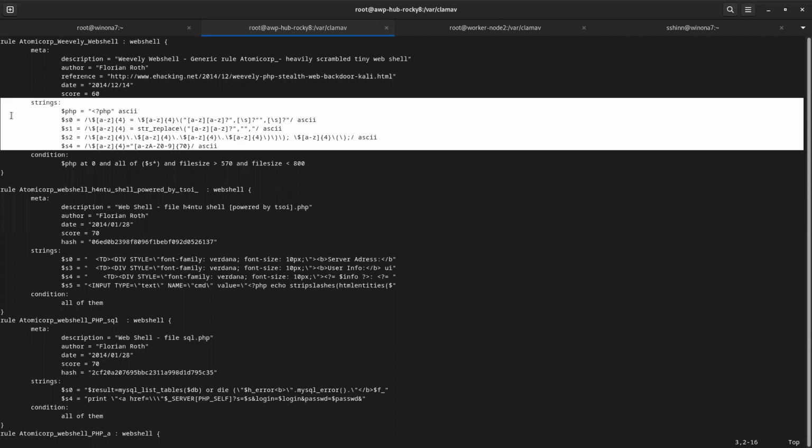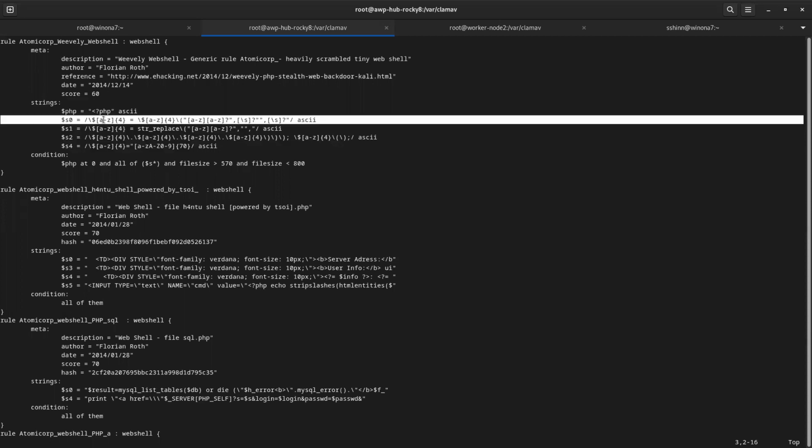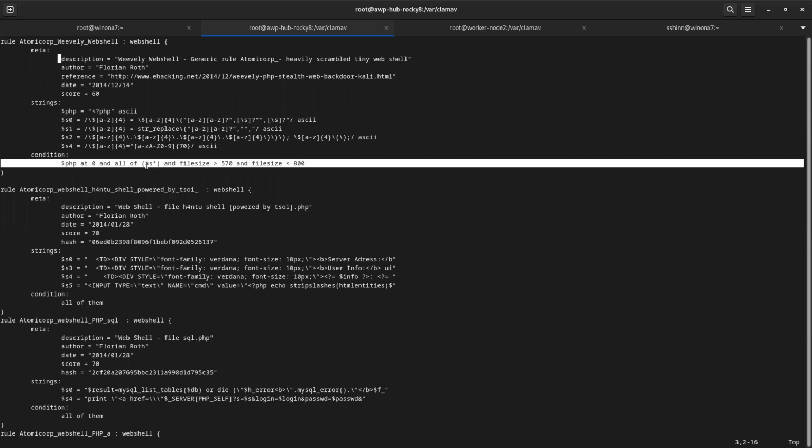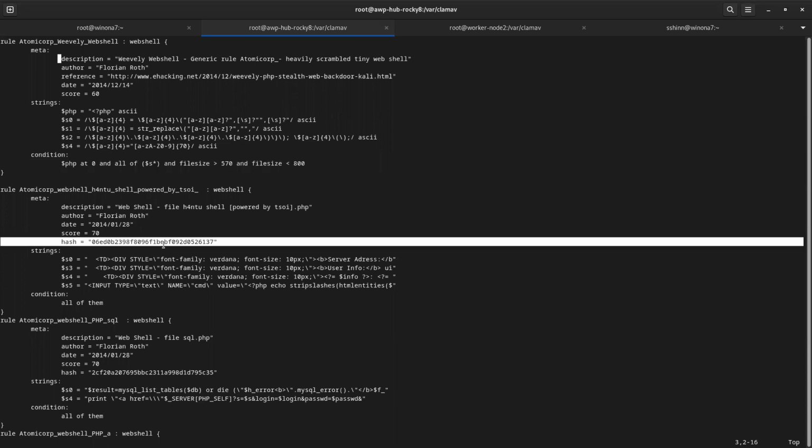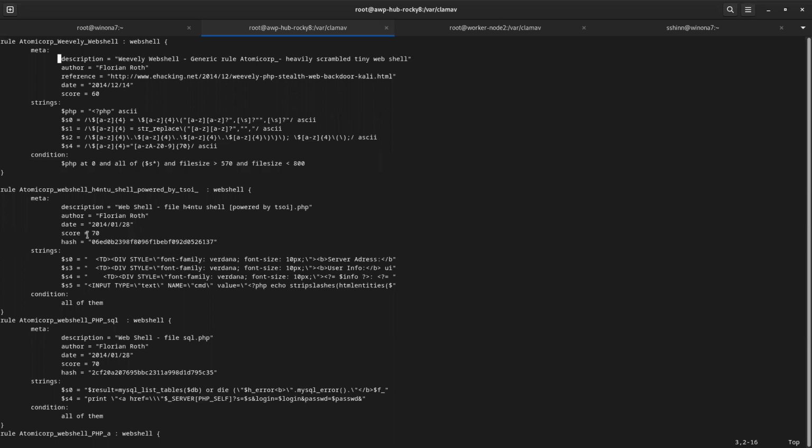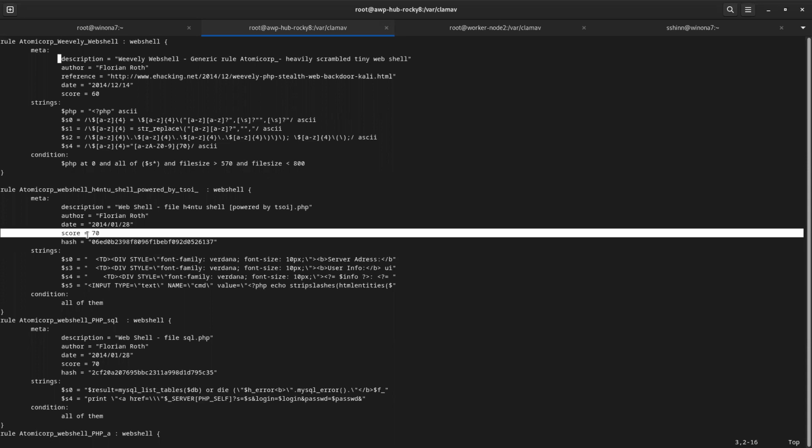This happens to be a PHP centric one, but that doesn't have to be PHP. This could be looking for binary or strings that are in a binary file, and I wouldn't have to write anything for me to understand the binary file. And then I've got things like conditions. I want to see this variable at this point, or that variable, and this thing and that thing. I can also do hashes, and I can even associate scores with these. So I could use this for severity, for example, or something along those lines.